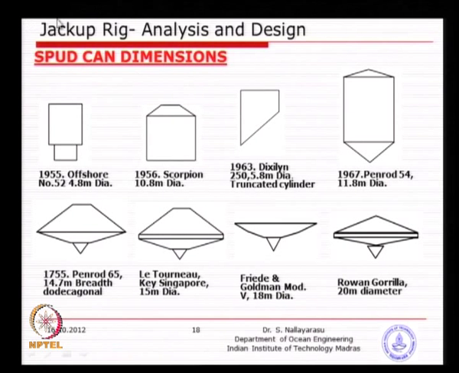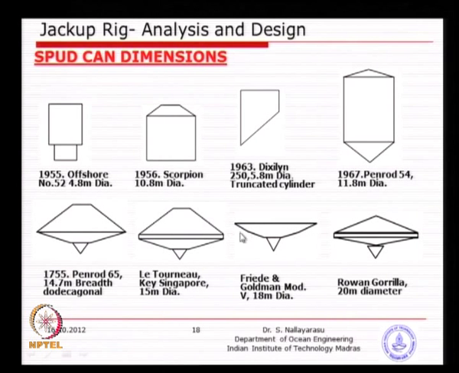The typical spud ideas what people have been using over the last 20-30 years, you can see they started with a simple tubular can just going through the soil to a shape where we were trying to explain the necessity of easy penetration and then easy removal. So, you have upper cone and the lower cone with a shape designed in such a way that enough bearing capacity also can be achieved. So, over a period of time the diameters have been increasing from 4.5 to 5 meter, 4.5 meters basically quarter size of this room to the size of this room.